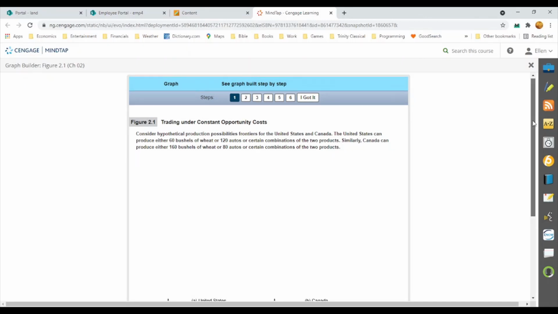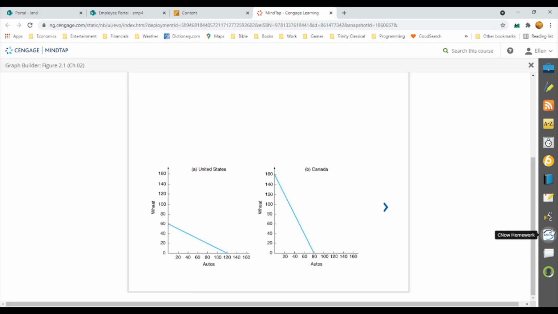All right, so we start off with the basic scenario, much like we would have done in Intro Micro, where you have two countries making two products. You have the United States and these Production Possibilities Frontier. Just to remind you, this is obviously production, given the name. So looking at the US graph, the US can, with all their resources, all their labor, everything, max out wheat production at 60, or they could make 120 autos, but then they're making 0 wheat,